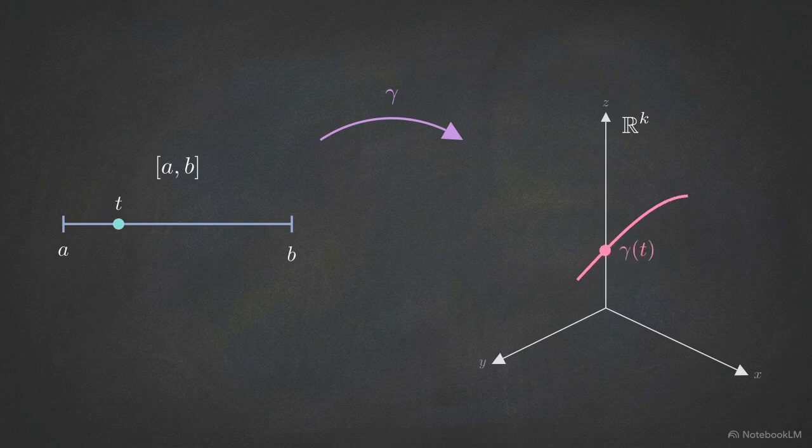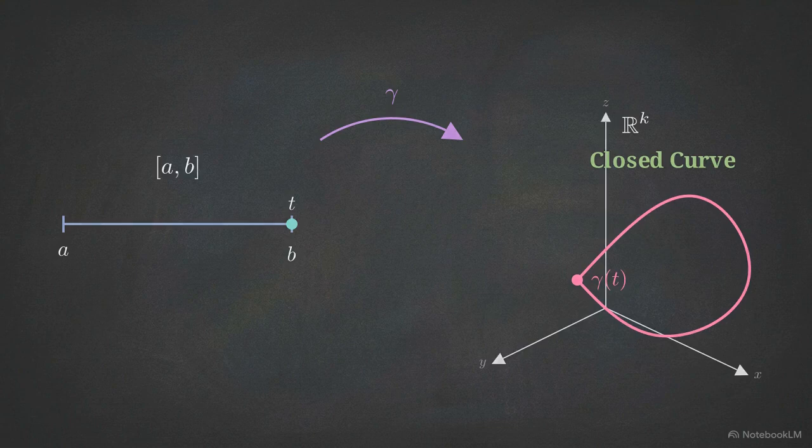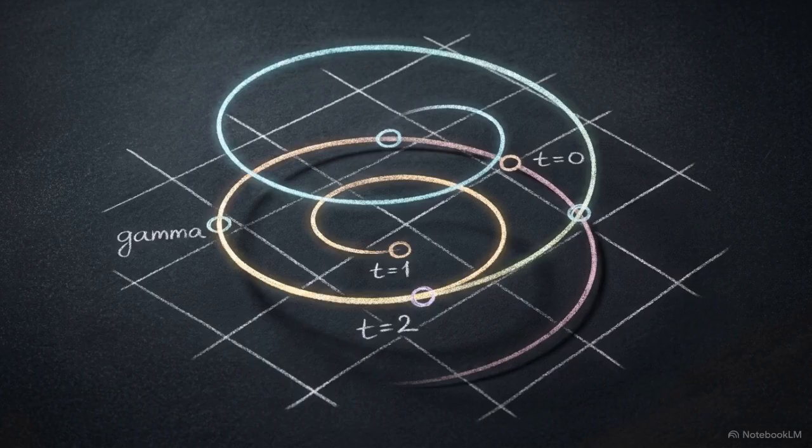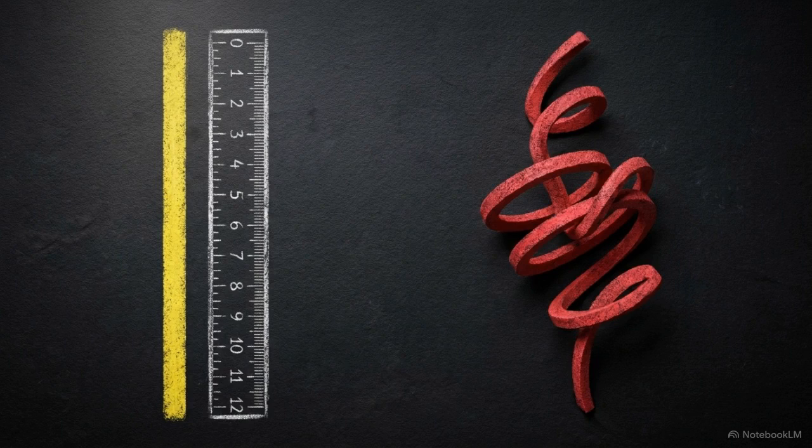If the mapping is strictly one-to-one, Rudin defines the path as an arc. If the path loops back so the start and end points are identical, the curve is closed. By focusing on the mapping, we can distinguish between paths that share the same shape but are traversed at different speeds or in different directions. Defining a curve as a journey through time, rather than a static set of points, provides the structure necessary to calculate its length. While we can determine the length of a straight vector, we have no direct way to measure